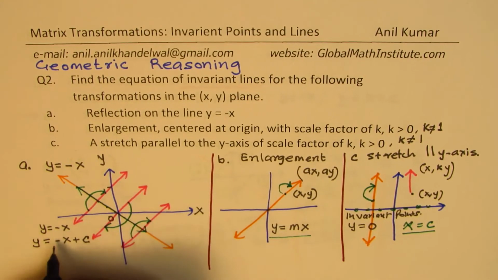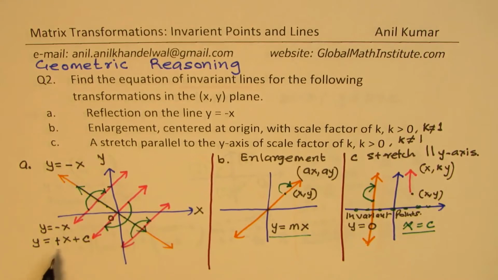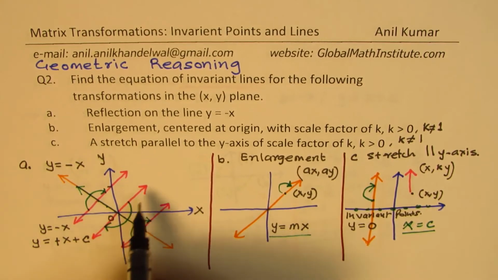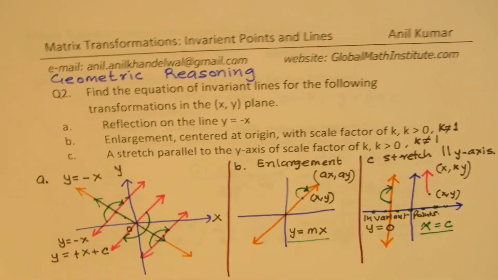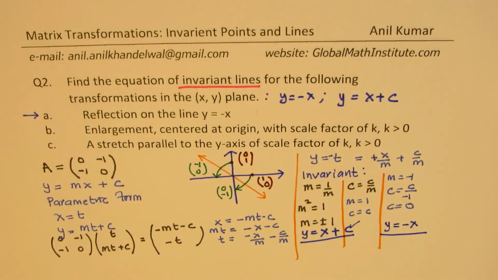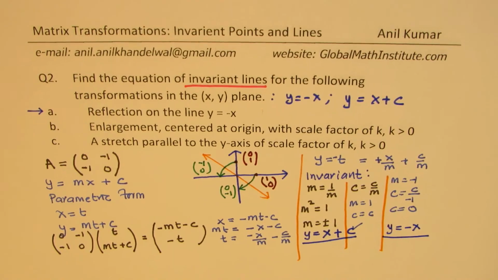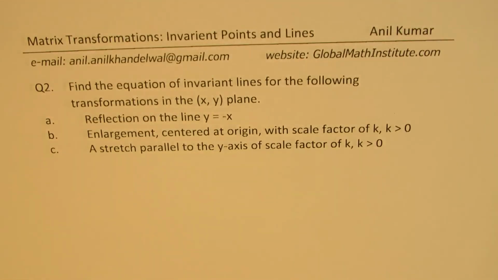So perpendicular lines will have a slope of plus 1. So y equals x plus c and y equals minus x are the equations of the lines which are perpendicular to each other, and that is the slope perpendicular to this line. Perfect. So let's move on and take part B now, which is